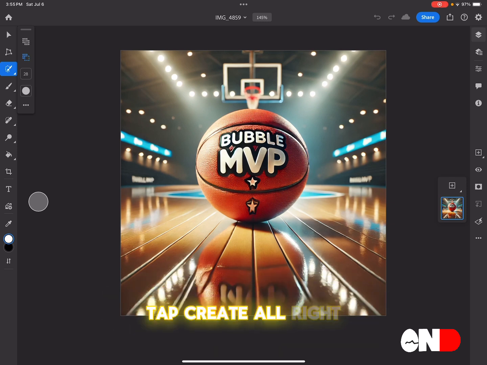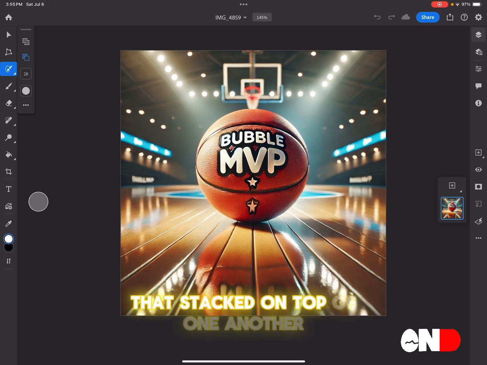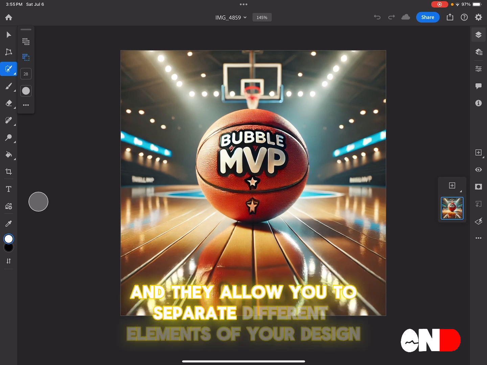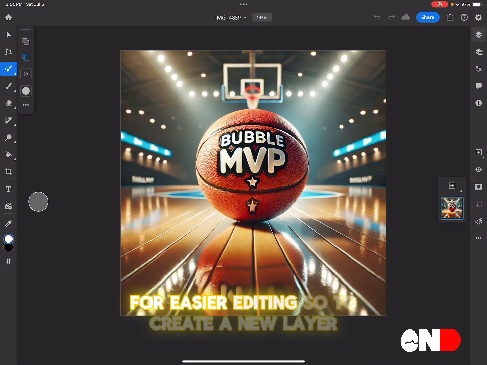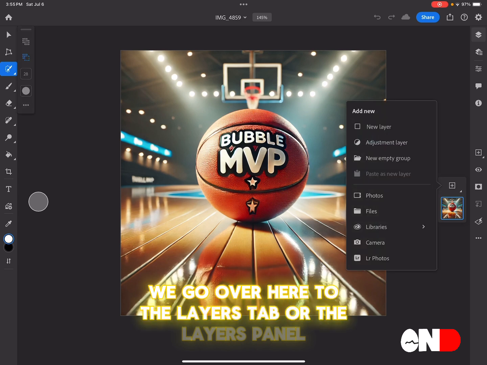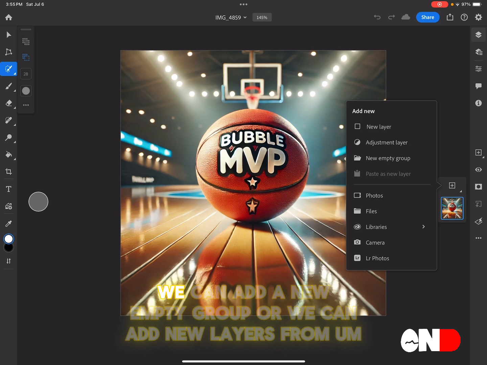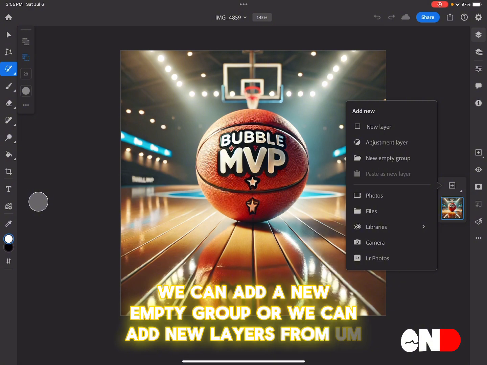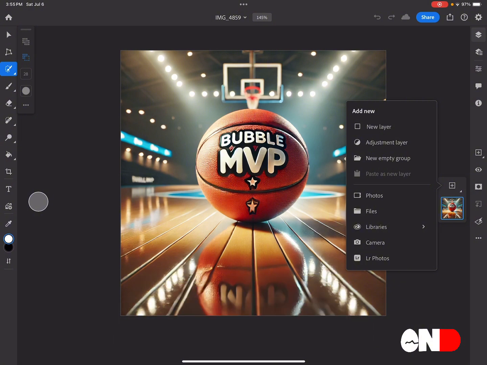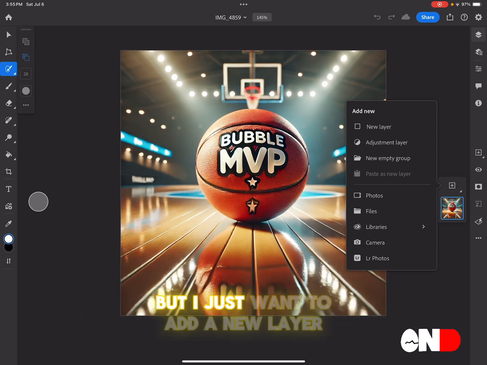All right, now layers are like sheets of transparent paper, right? That's stacked on top of one another. And they allow you to separate different elements of your design for easier editing. So to create a new layer, we go over here to the layers tab, or the layers panel, and we just tap the plus sign, and we can add a new layer, we can add an adjustment layer, we can add a new empty group, or we can add new layers from a photo, from a file, from shared libraries in Adobe, from the camera, or from Lightroom photos. But I just want to add a new layer,